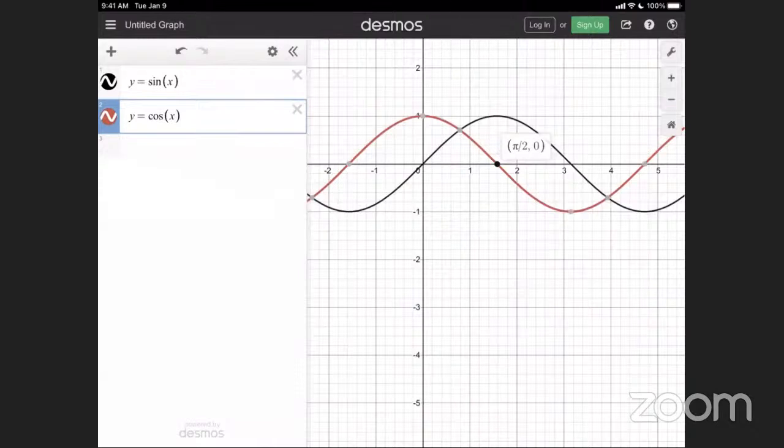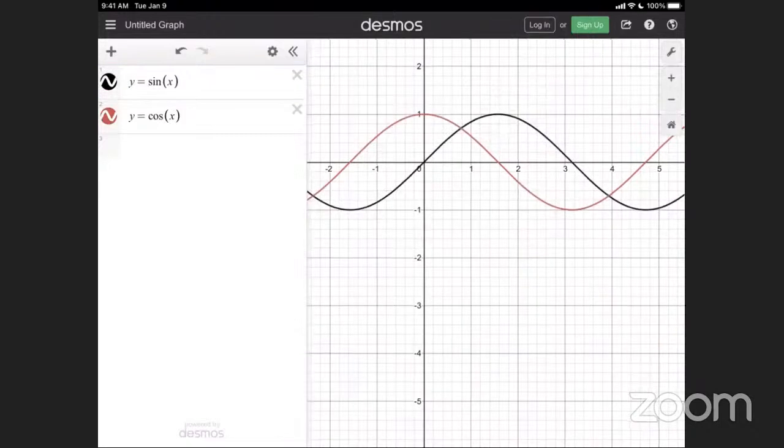And so remember what I told you? What's the derivative of this black graph? What's the derivative of sine of x? Cosine. It's cosine of x. So if I solve where the cosine is equal to 0, what is setting the derivative equal to 0 going to do for me? What's it going to help me find out about the original function? No, it's where the original function has a max or a min. I'm going to say it again because I know that's kind of confusing. You're just trying to wrap your head around it.